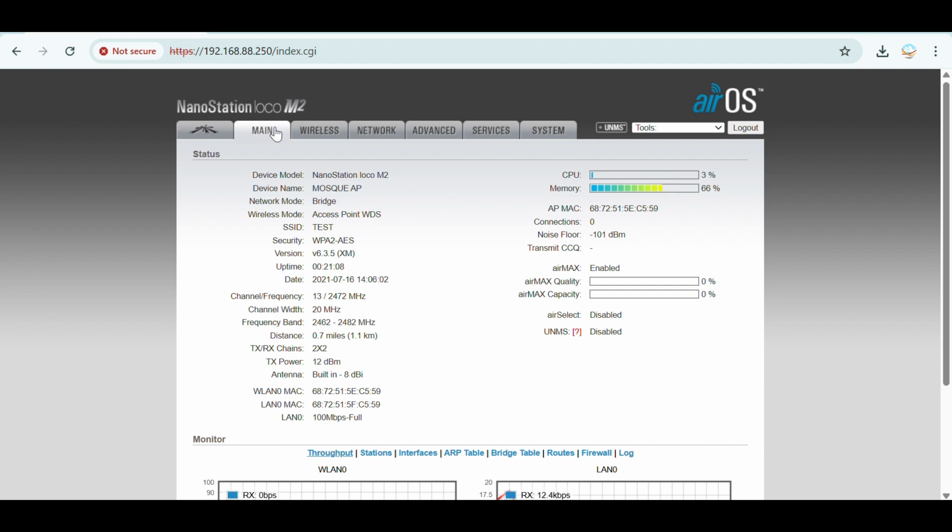the SSID that you've configured, the security, the version, uptime, the time the device has been on, the date, like today is 16th, but it's saying 16th July, so we need to change the date. The channel frequency that we've selected, the channel width, there's 20, there's 40, there's 10, there's 5, then the frequency band, then the distance that this access point can cover, 1.1 kilometers, the transmit and receive chains, the transmitted power, the antenna, the built-in power,